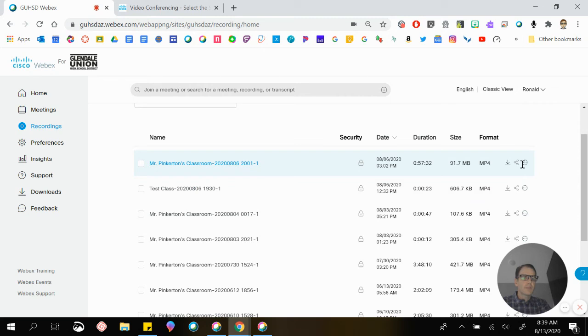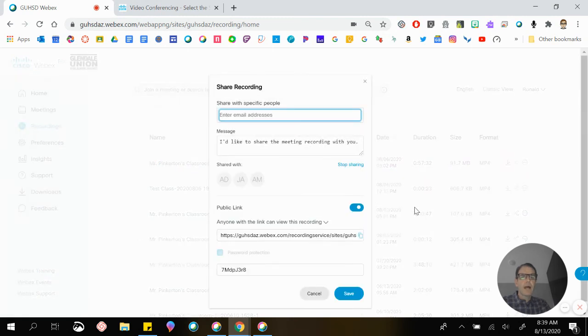So like I said, sharing is going to share that chat feature, and there may be some valuable questions and conversation that happened in that chat. So I have the option next to my meeting to share it. Now, I can do some really cool things with this. I can share directly, email this to someone, and then they're going to have all the information that they need,